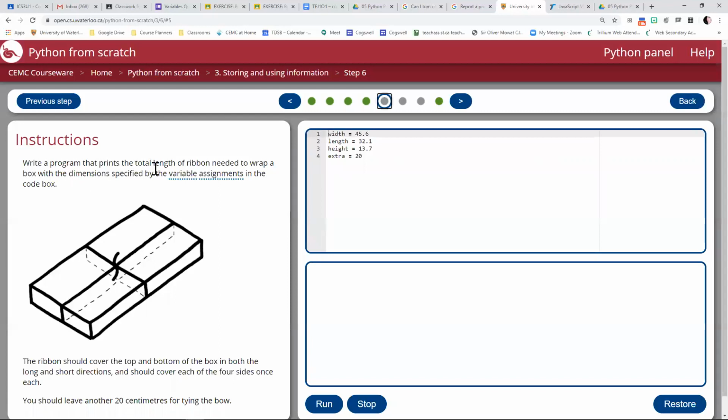Write a program that prints the total length of ribbon needed to wrap a box with the dimensions specified by the variable assignments in the code box. So I have width, length, height, extra. So how much ribbon will I need? Amount equals. So I need 2 times the length plus